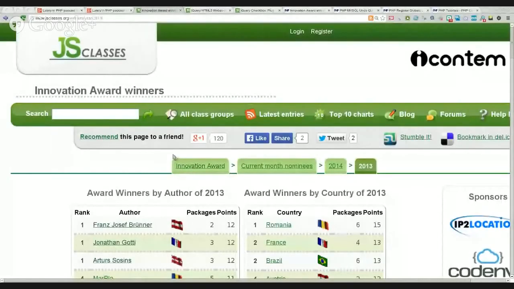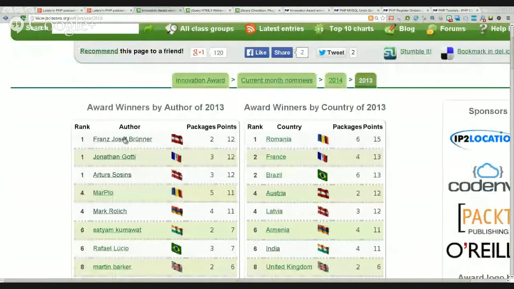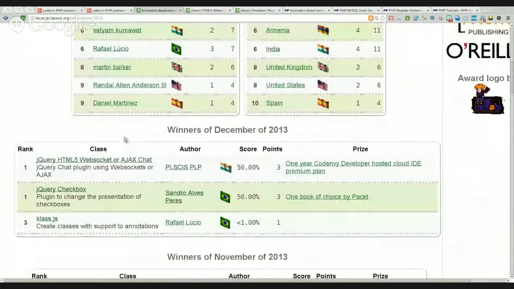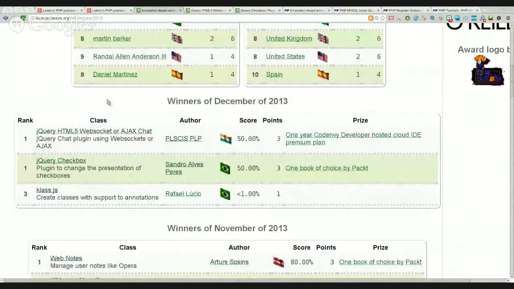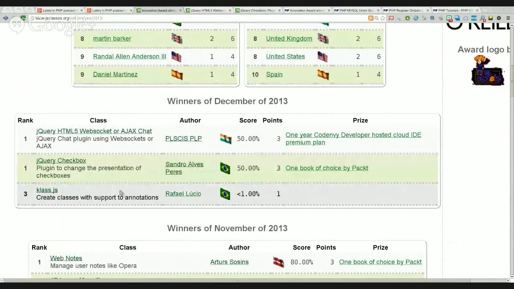This is the Innovation Award winners section, on which we comment about the winners that have submitted their packages in December, and they were voted in January, and then in February the results come out. And we had like 3 packages nominated for the Innovation Award. The JS Classes site is much smaller than the PHP Classes site, so it doesn't have as many nominees. There were 3 nominees, which was fine. So from these 3, which packages would you like to mention,